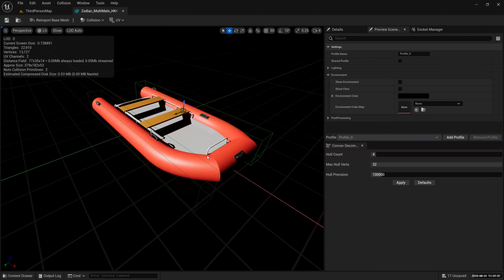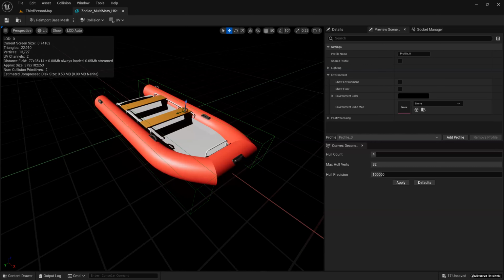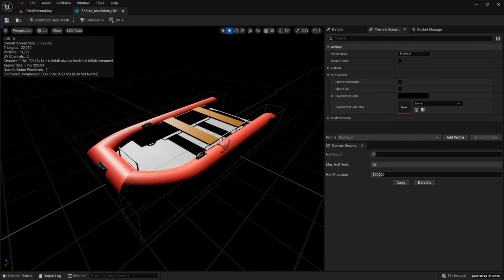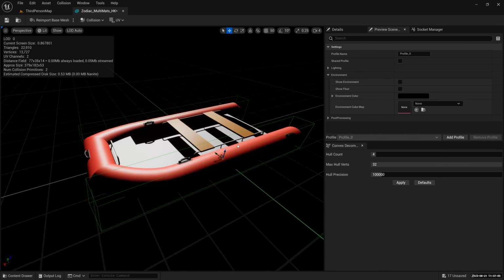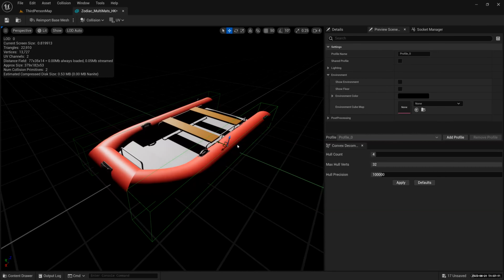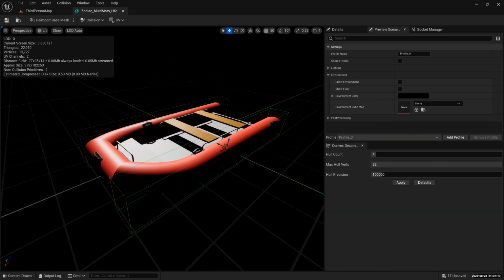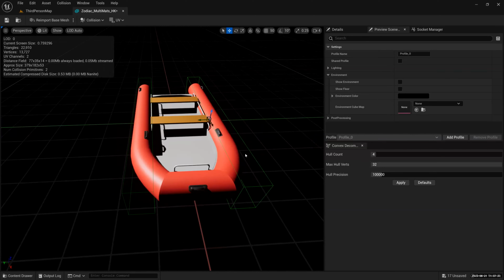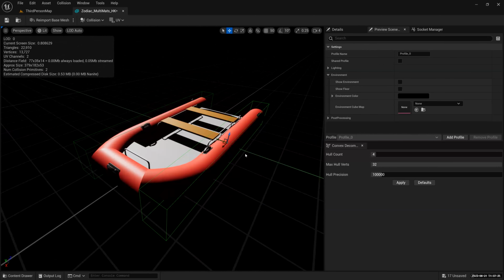The more complex your collisions are, the slower the level is going to run, especially when you have thousands of these in your scene. I'm not talking about one. Let's say you have a very complex collision and then you have 1,001 of these, it's going to slow down. So as a developer, as a gamer, you must think about all this stuff. This is very important because you want to have a mobile version of this game and it doesn't run well on your machine or on certain devices, right?